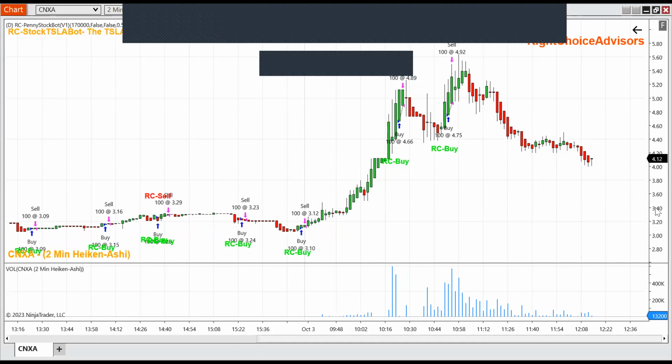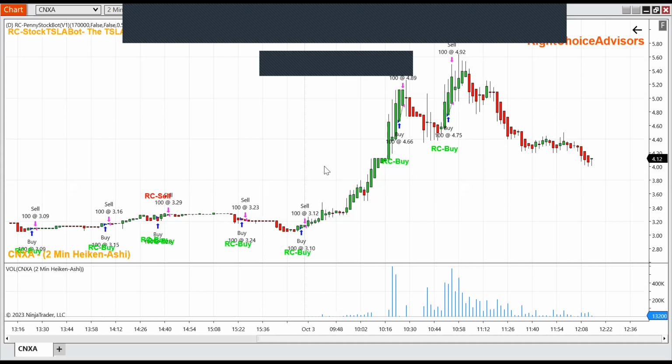So generally, for these penny stocks, we'll use 2-minute Heikin-Ashi. Generally, stocks below $10 are called penny stocks. Every day there will be some 4 to 5 stocks which will have a catalyst, some good news. It can be biotech stocks or any type of stocks where there is